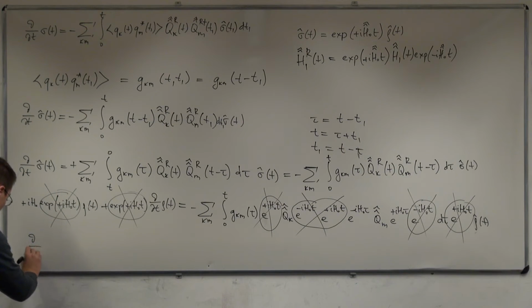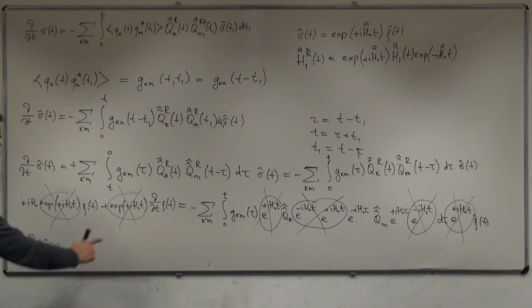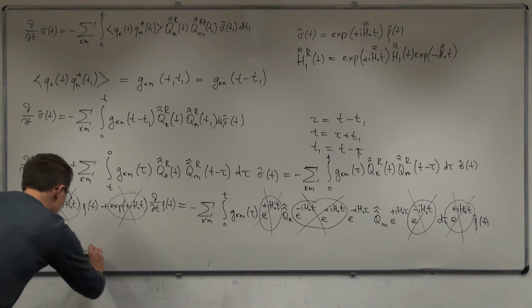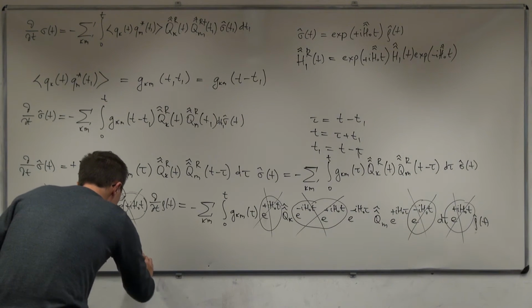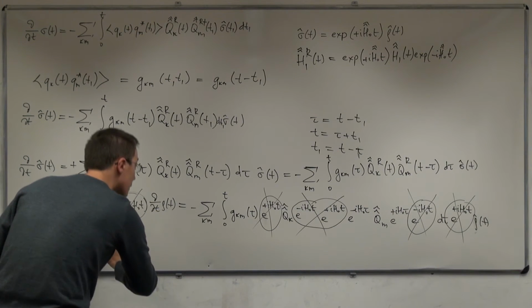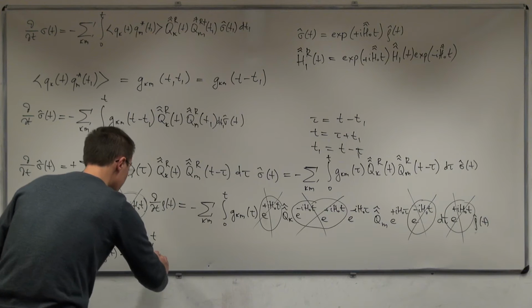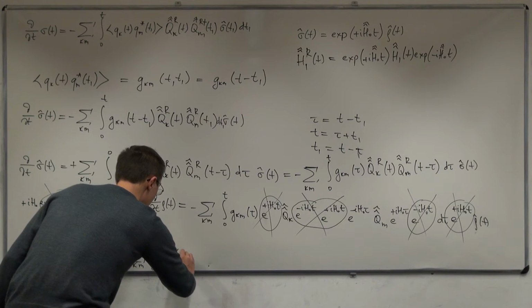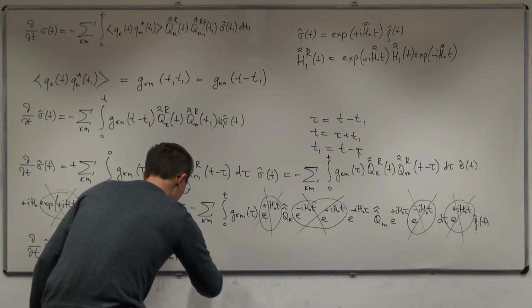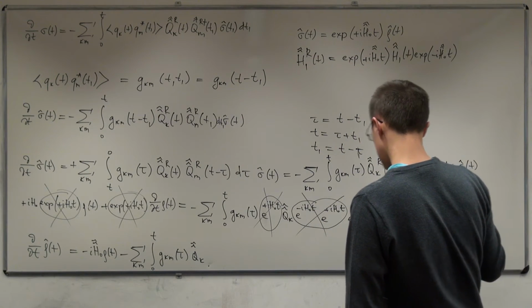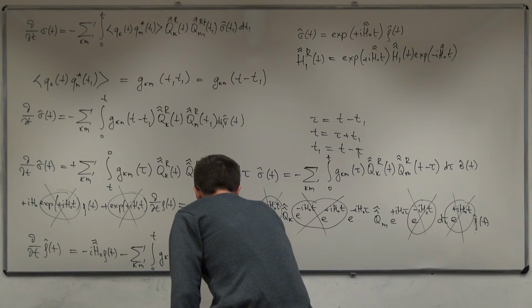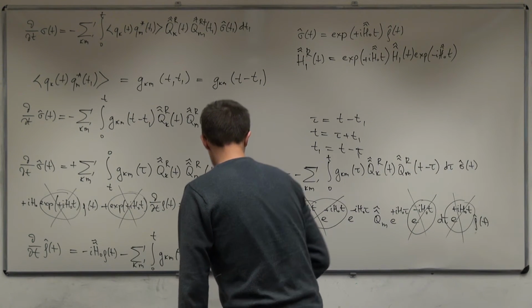And so d by dt rho of t, so I've taken this derivative and I've kept it on the left hand side. I will take this term and I'll move it to the right hand side, so it will get a minus: minus i H naught double hat rho of t, and minus the sum over k and m, integral from 0 to t, g k m of tau, Q k double hat. We've lost conjugate transpose on a few things, so I'll just make sure that we have it in here, double hat Hermitian conjugate,